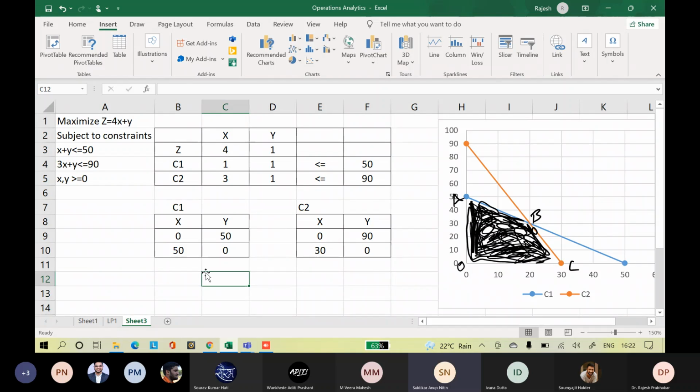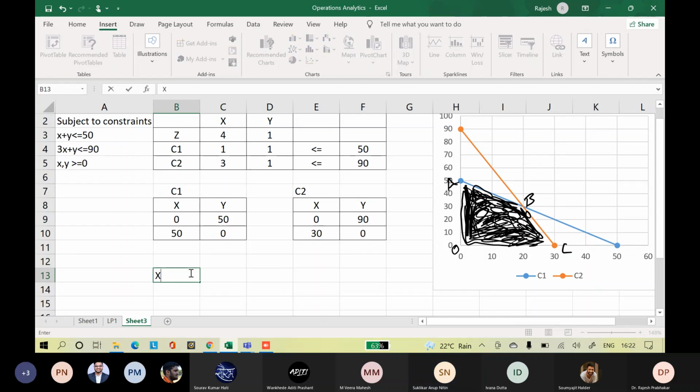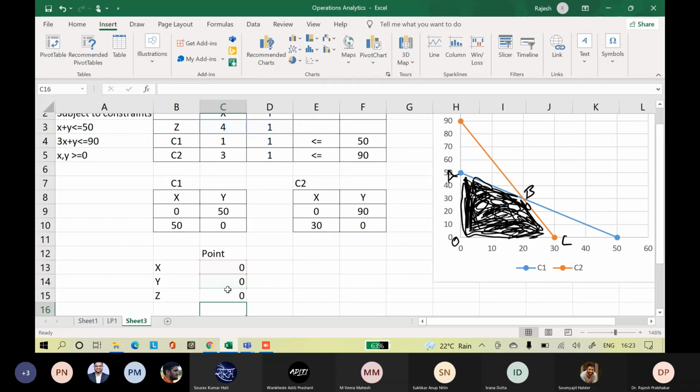So what is the answer? What is the answer, sir? So X, Y at point O, both will be 0, 0, and Z is equal to 4 into 0 plus 1 into 0.